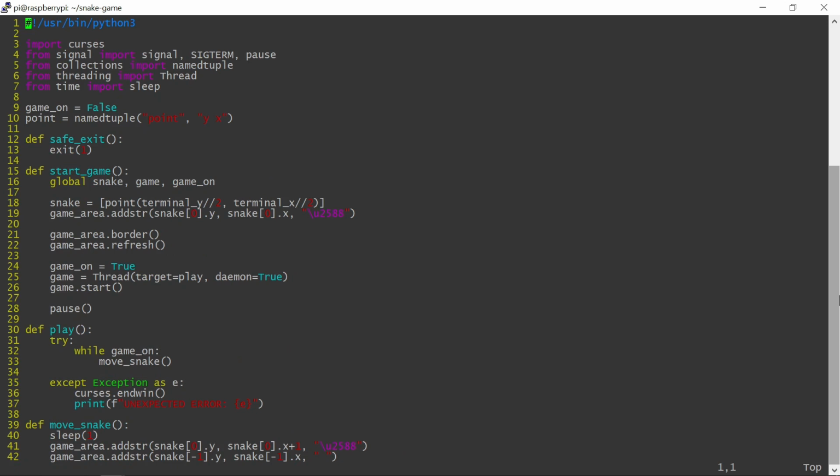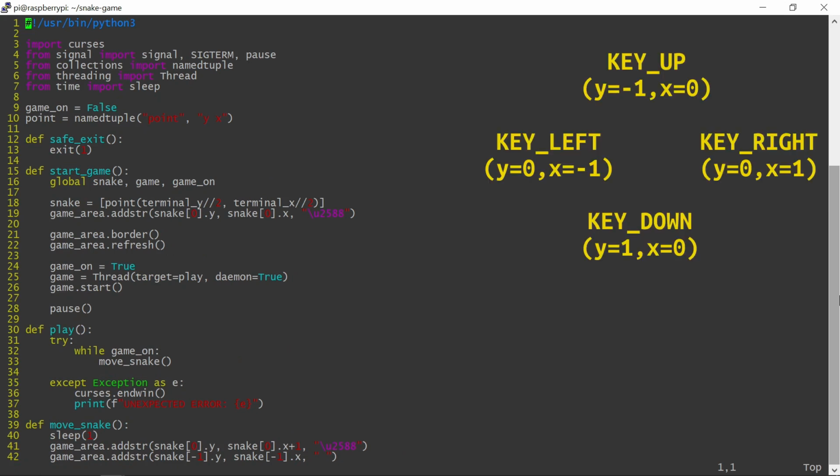The snake direction will be controlled using keyboard arrows, allowing it to move in one of 4 directions. I will use named constants available in the curses library that refer to each of the arrow keys and bind them to y-x direction pairs. Each pair will specify the y or x position increment or decrement applied to the snake as it moves.